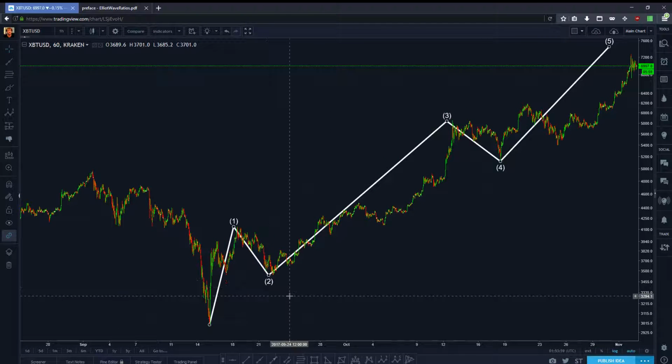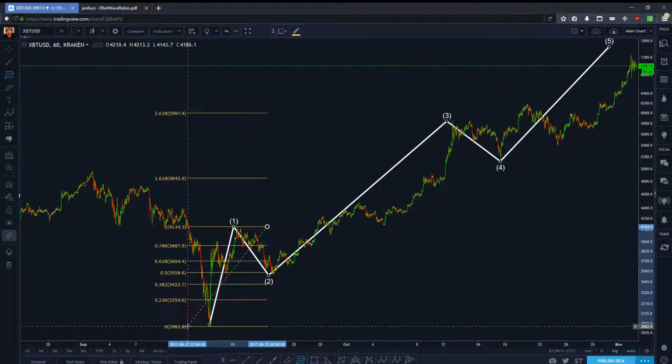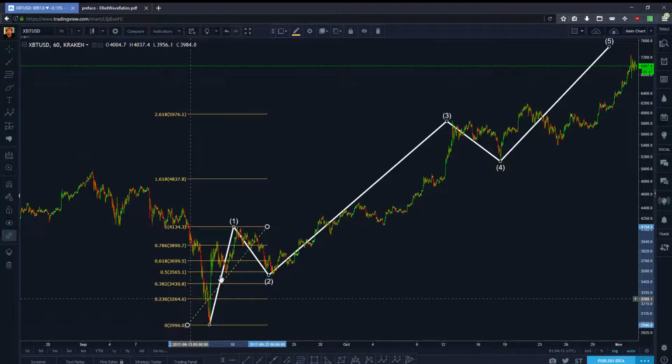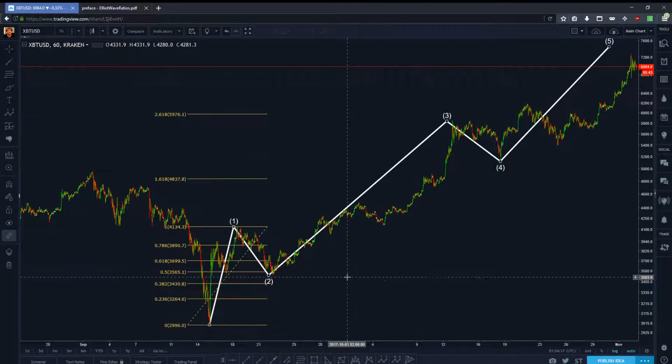Okay, so we can start at the impulse wave. Because we're going to do an extension here, we're going to start at the top and go down. So 0 is at the bottom, 1 is at the top. We have our nice extensions here. And again, just to go over this kind of a faster method to not have to draw the wave 2 retrace,